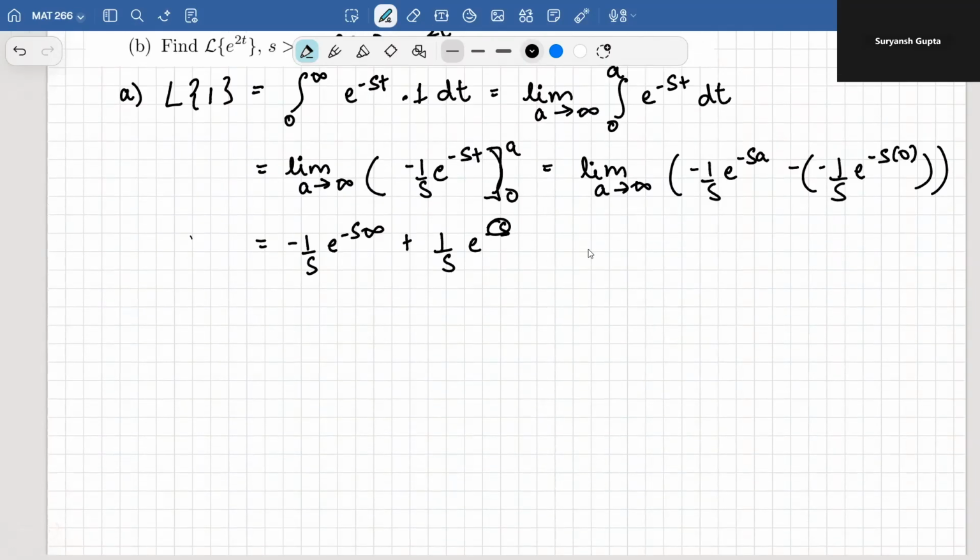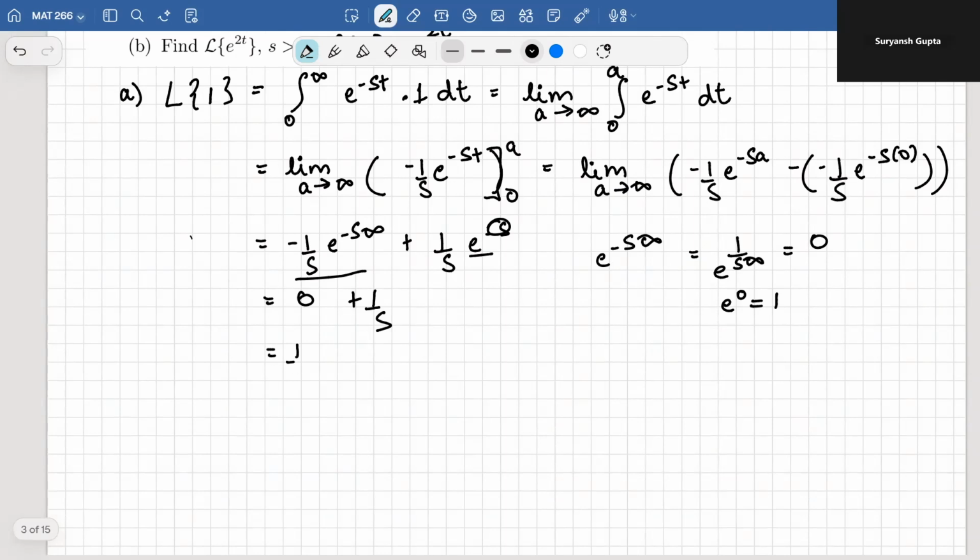So this first part here, e to the power minus s infinity, can be written as 1 by e to the power s infinity. And this is essentially 0 because my denominator becomes infinity. So this function becomes 0, and e to the power 0 is equal to 1. So then I'd have 1 by s. And so my final answer is 1 over s. Now for part B,